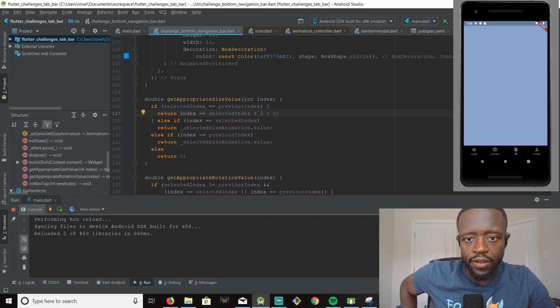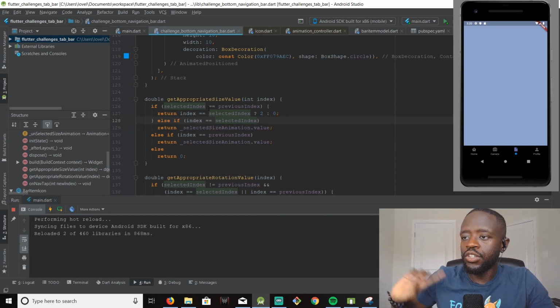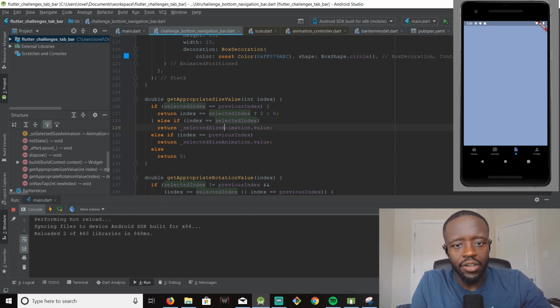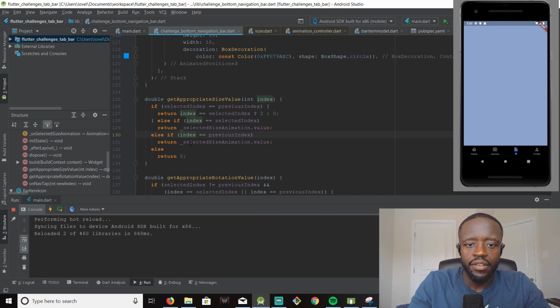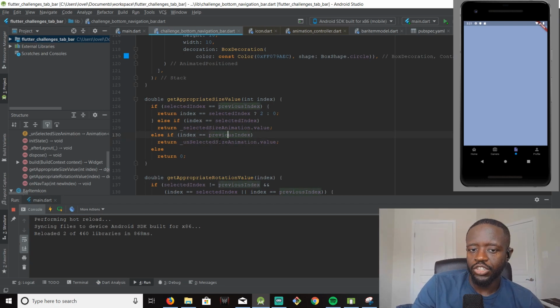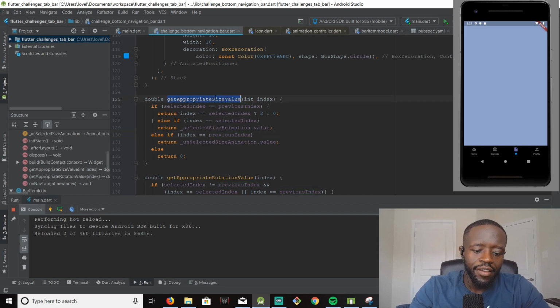If the index equals the selected index, that means they're going to a new index. Then just give you the selected animation. And if the index is the same as the unselected, if it's the previous index, then we want to shrink it. But if it's everything else, just say bye. And then